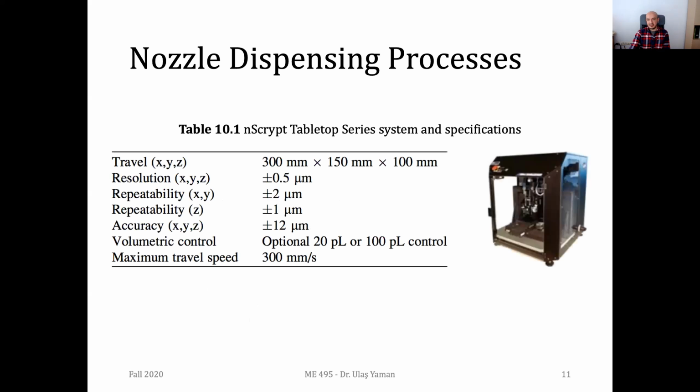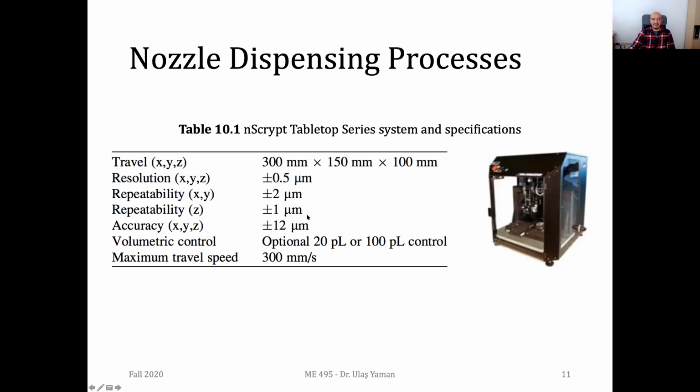Here's an example which uses the nozzle dispensing approach. You see, this is the travel, this is the building volume, we can say. And if we compare these resolutions, it's quite low compared to a conventional fused filament fabrication system. Since this approach is quite similar to fused filament fabrication, it has a nozzle and we are depositing material. But this time, the resolution is 500 nanometers, which is not easy to obtain in desktop or even commercial fused filament systems. Again, the repeatability is very good,